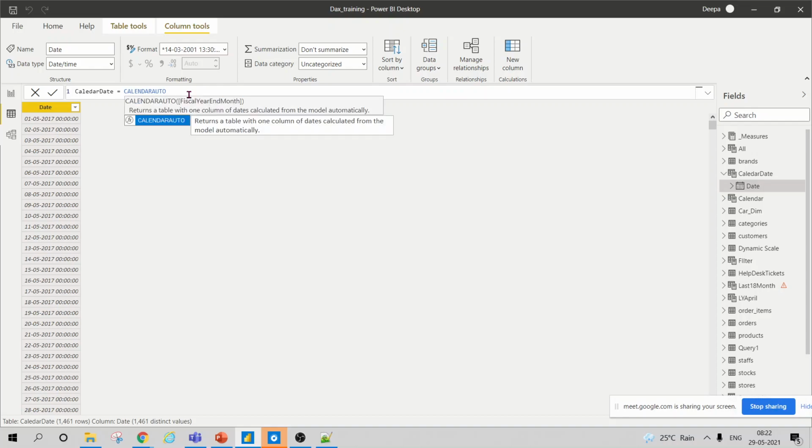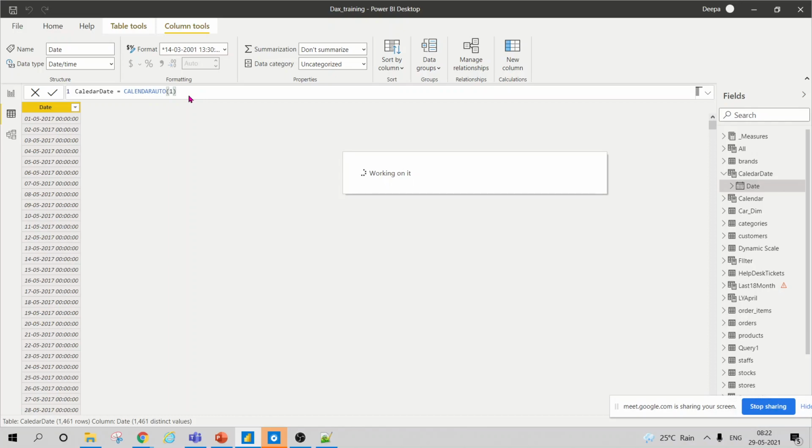Now, why is the CALENDARAUTO function good, but it always works with a fiscal year. Like you see here, it is starting from 1st of May 2020. Let's start with 1. So now it will take the dates which are from January as well.